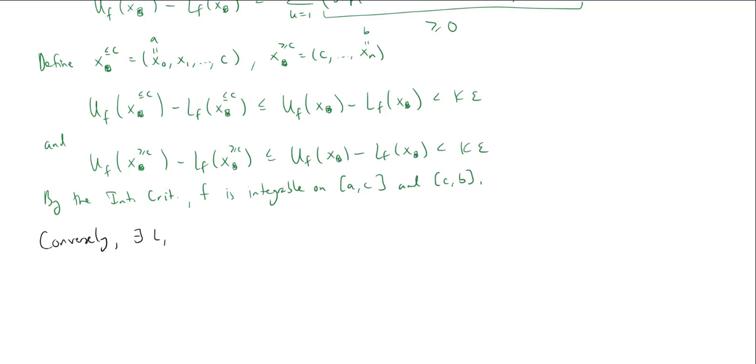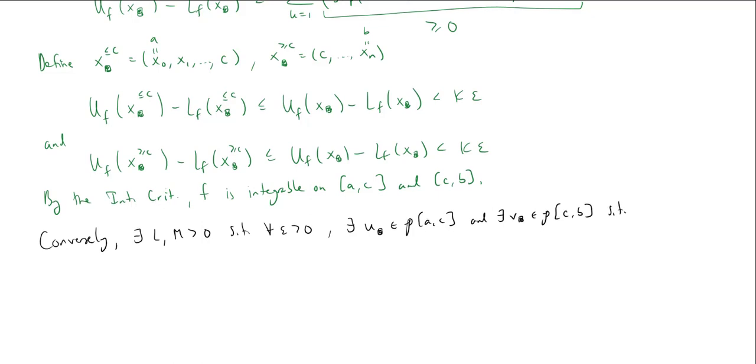So there's going to exist two constants, let's call them L and M now, such that for all epsilon greater than 0, there's going to exist a partition, let's call it U, and that'll be an AC partition. And there'll be a partition, let's call it V, which will be a CB partition,